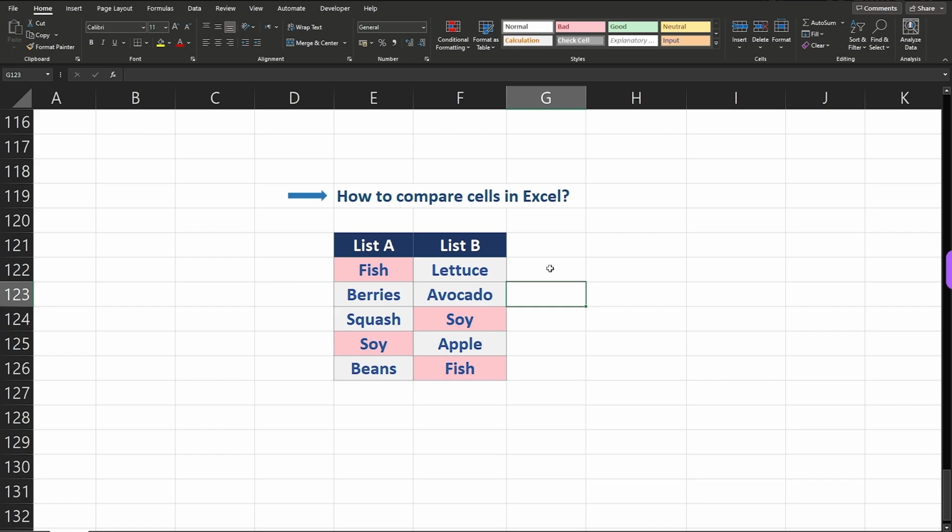So that's how you compare cells in Excel, and I really hope this video was helpful and you